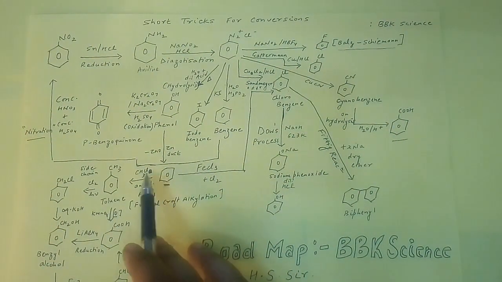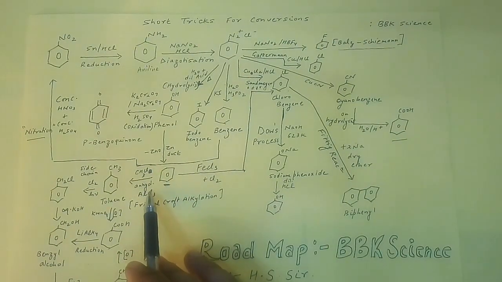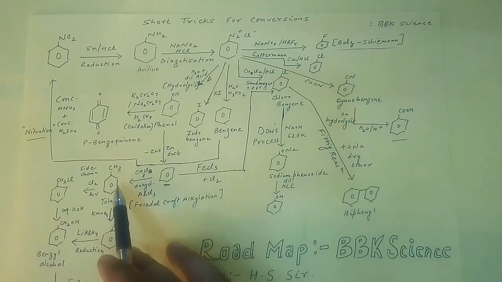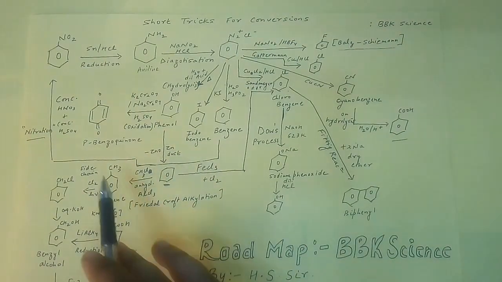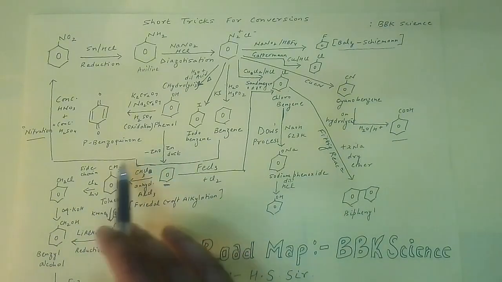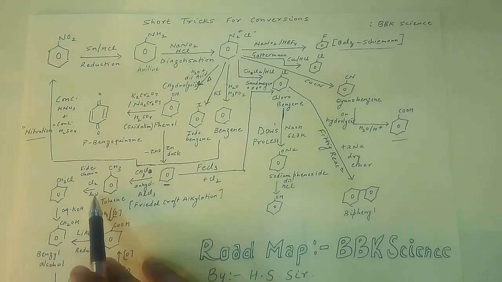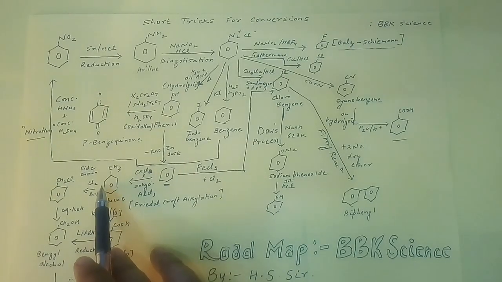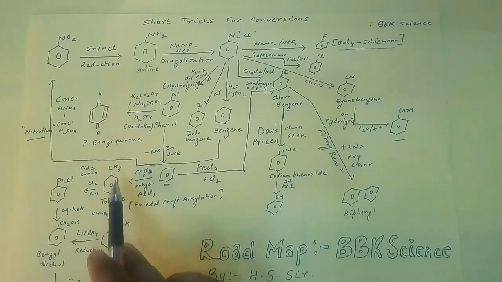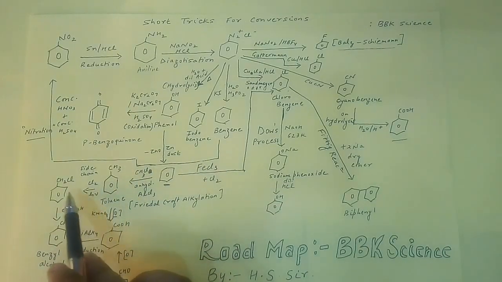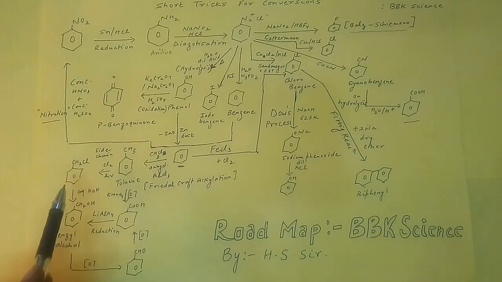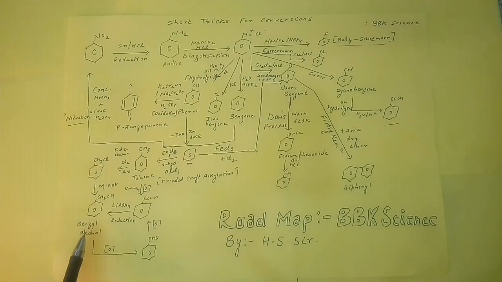Similarly, when I react benzene with CH3Cl in presence of anhydrous AlCl3 which acts as a Lewis acid, I'll get toluene. And if I have to add halogen on the side chain of this particular alkyl chain, then I have to add chlorine in presence of hν. We need to remember this reagent, specifically hν, because only in this condition it is going to get attached to its side chain position. So toluene on reaction with chlorine in presence of hν would give us benzyl chloride. And on reaction of this benzyl chloride with aqueous KOH, what we get is benzyl alcohol.